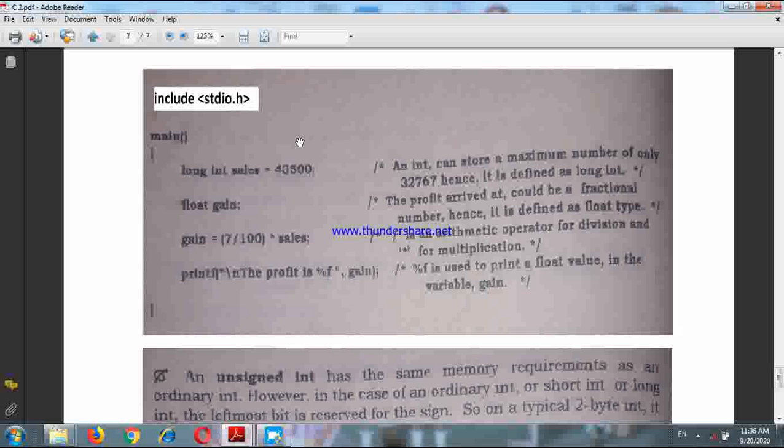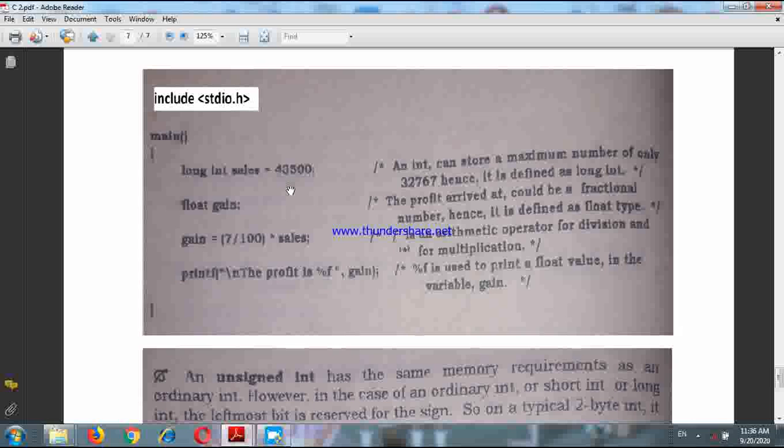See another example: include stdio.h, main, then long int. Here instead of int I have written long int, because I know that this sales value will be of larger magnitude. And why have I written equals to 43,500? Because I have initialized the identifier with this value.